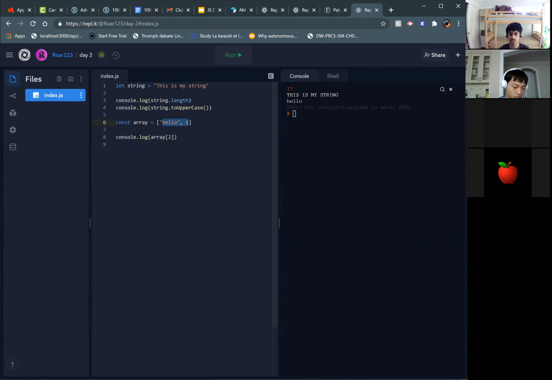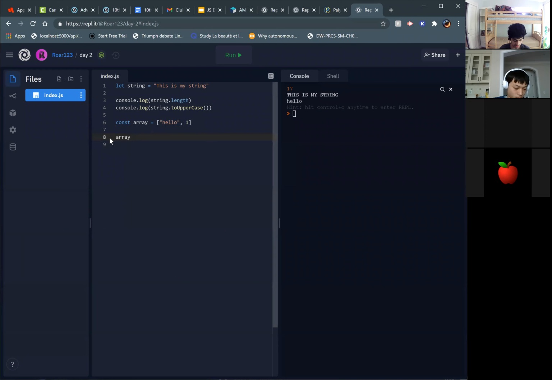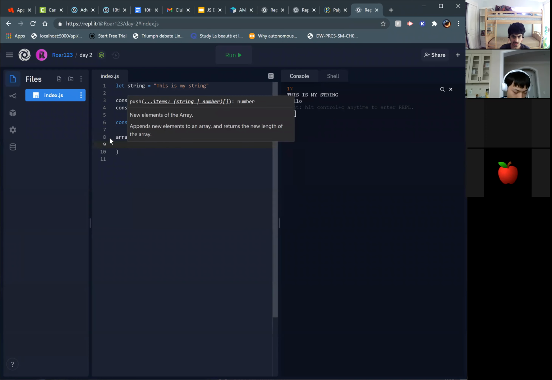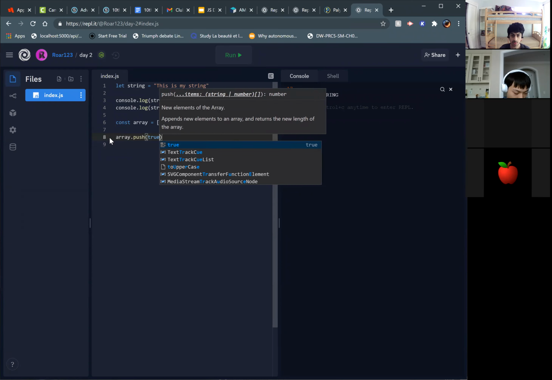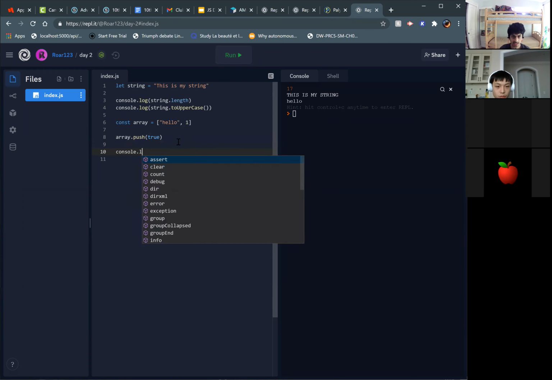So you've made an array, right? If you want to add an element to the end, you can use push, as so. We're going to add the Boolean true, which is another data type. It's just either true or false, and it'll be used for conditional logic. So if we push this, and then we can log